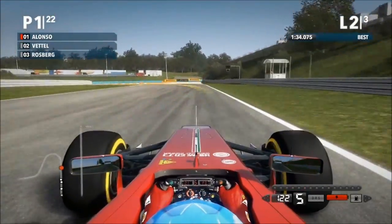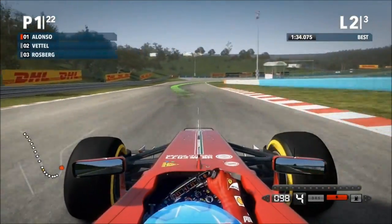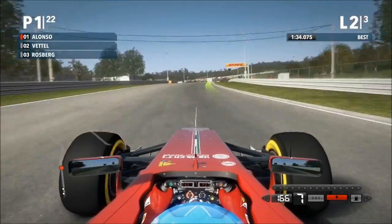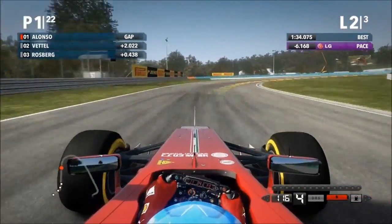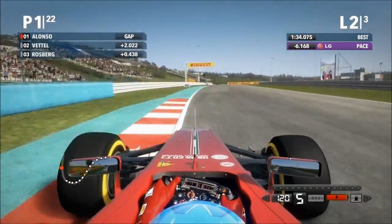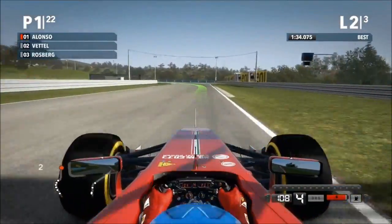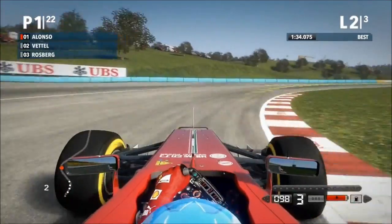They're also going back to the old spec tyre from 2012, so that might throw the cat amongst the pigeons this weekend. I can't exactly remember who was really dominant with the 2012 tyres, but it should mix things up a little bit before the tyres get changed again for the next race. So yeah, if you guys could let me know what tyre compounds are being used this weekend, that'd be really good, because I don't actually know. So I'm guessing, this is just a guess here, I'm guessing super soft and the softs. So the red wall tyres and the yellow wall, I don't even know what colour the tyres are this year,